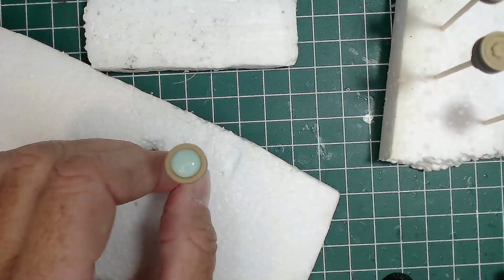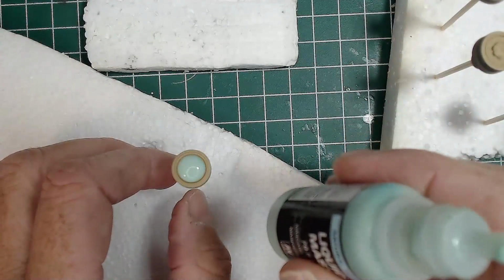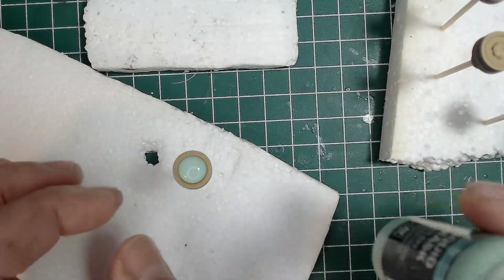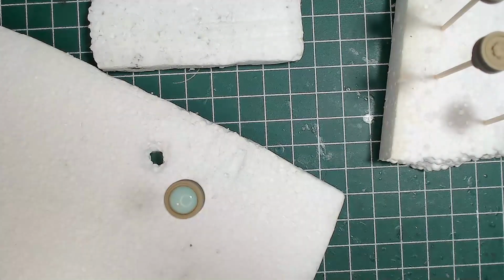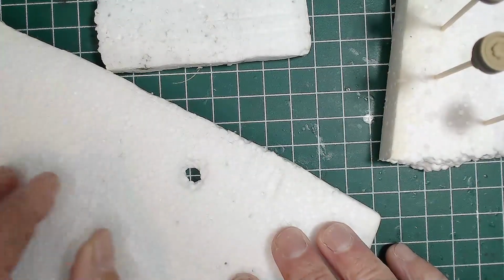I don't know if you watched the last video, you will have seen that I actually spilt this. The cap blew off and it went everywhere. Yeah, I think it's half full. I think I'll be right. Fingers crossed. So I'm going to keep going and do all of these, and then I'm probably not going to